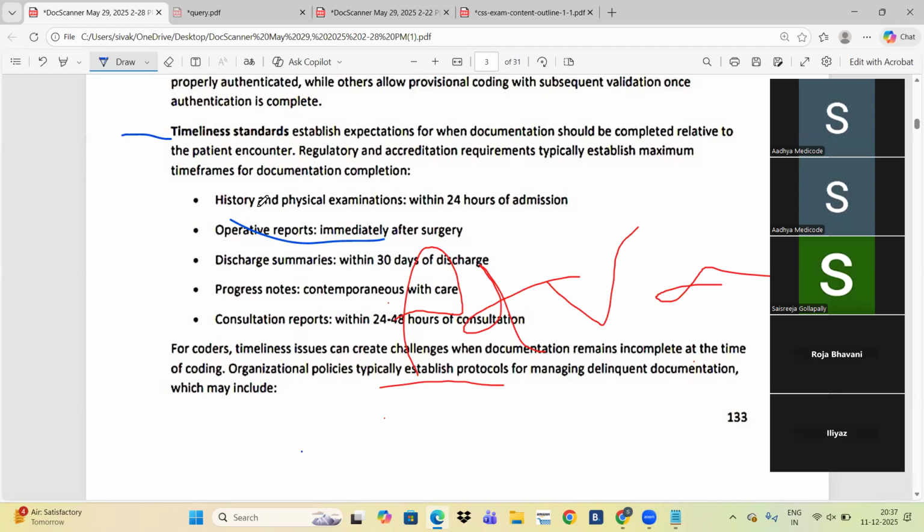Clear. So next, note down the time frames also. Outpatient operative report immediately after surgery, discharge summary within 30 days, progress note contemporaneous with care, consultation report within 24 hours, 24 to 48 hours.